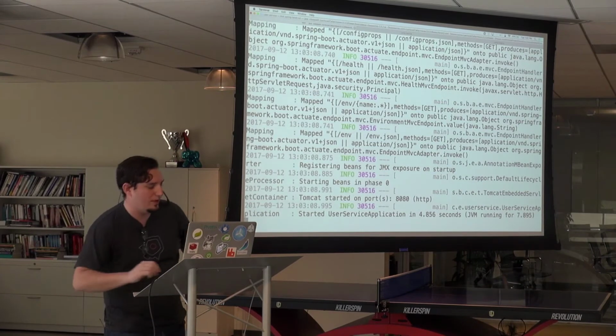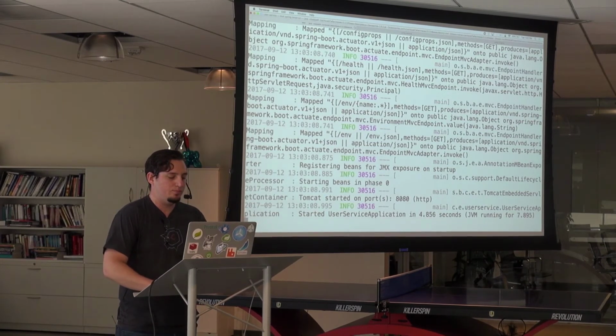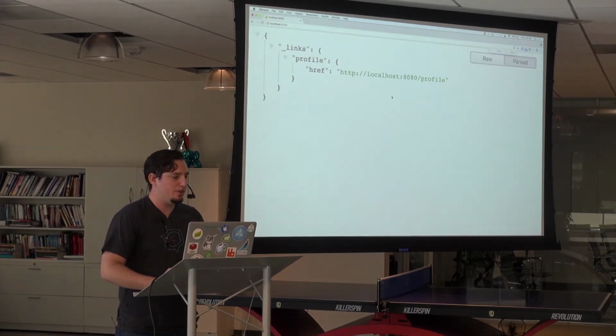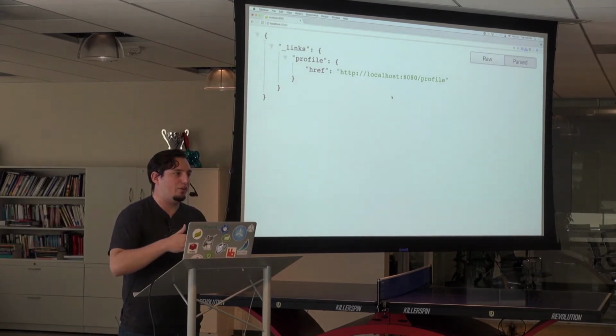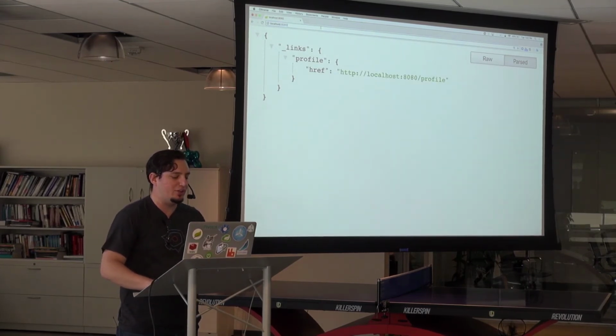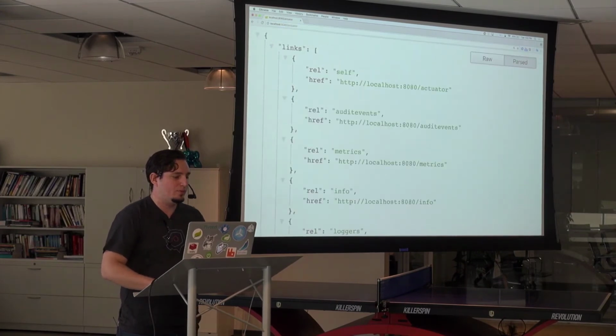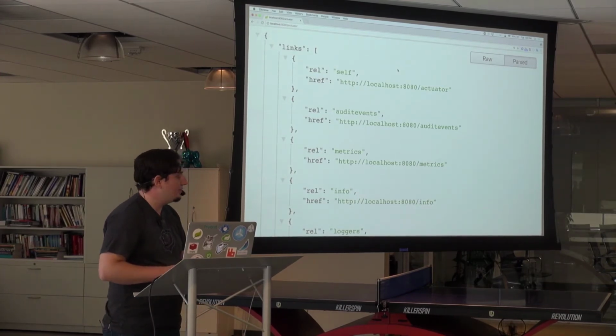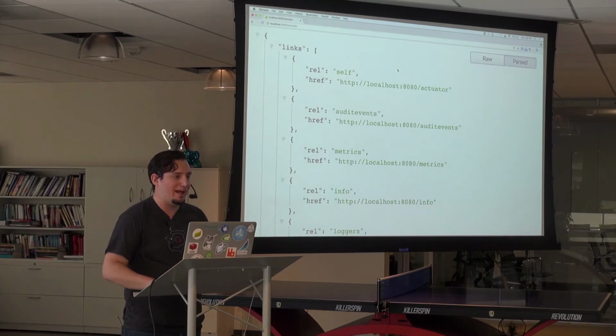Okay, so it started up, and now I'll go to my browser. And at port 8080, we get a response in JSON. And what we're looking at here is called hypermedia, which is a format that's going to link other API calls to the response we get back. So we know how these things are connected. Now, this profile one doesn't do much, but if I go to /actuator, I'm going to get many more options. So we added Actuator as a starter project, which is going to give me these set of links that allow me to really inspect and monitor my application. The first of which is at